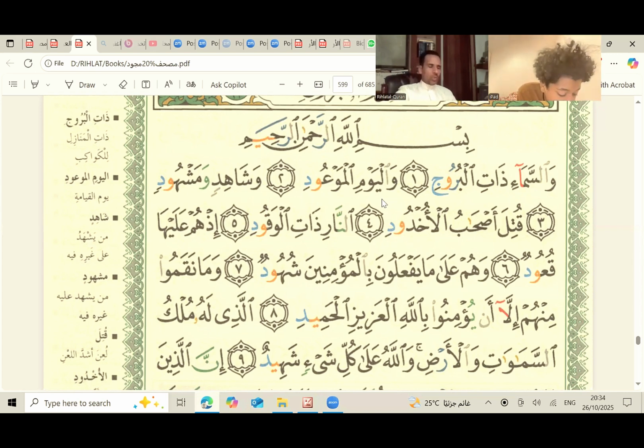Okay, why do we call it witness day? Because that's when the angels start witnessing what you do. Exactly. And what is happening on the witness day, when it takes place, day of Arafah? On day of Arafah, people who are doing Hajj go to this mountain called Arafah and start seeking mercy